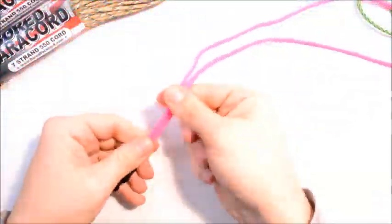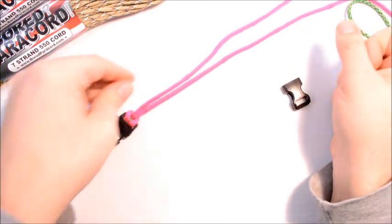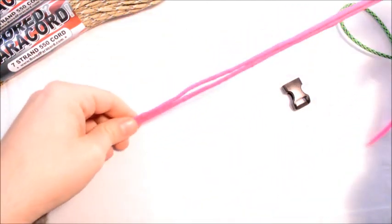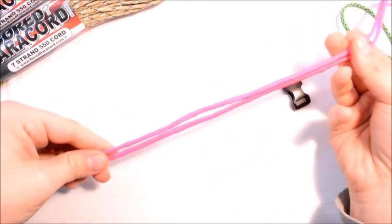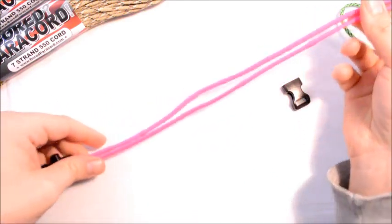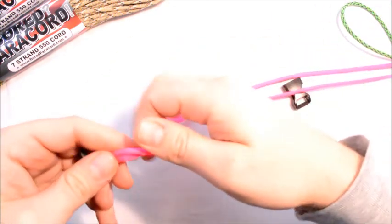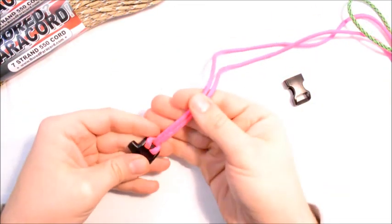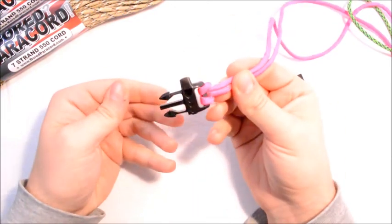Alright, so today I'm going to show you how to do a 4-strand braid. And I also want to go over another thing, which I'll get into in a little bit, as to why this is lumpy. This is not what paracord should look like. Okay, so anyways, we got about 6 feet of the neon pink,